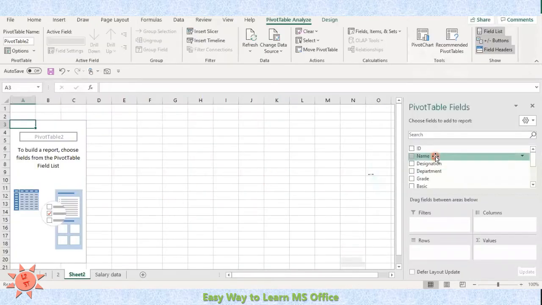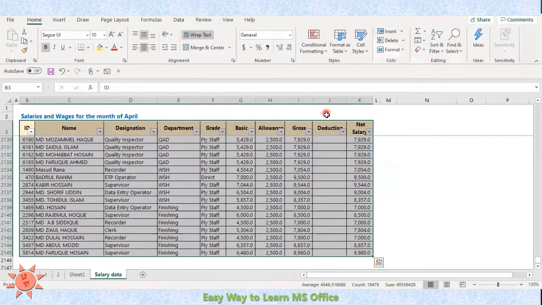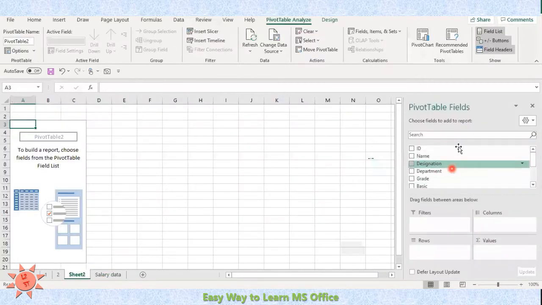Then you can see all the fields that you have in your table appear in this field list. And after that, in this pivot table field form, you have 4 places to update: filter, rows, columns, and the values. These are the major items that we are using to make a report. Okay, I will start to make the report.